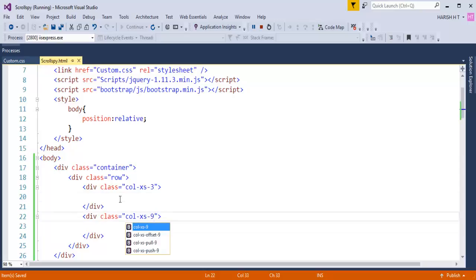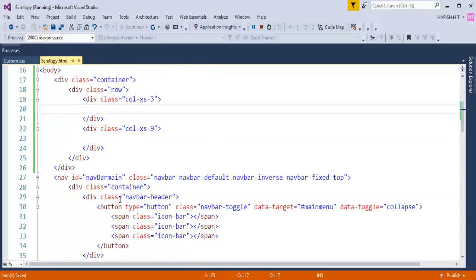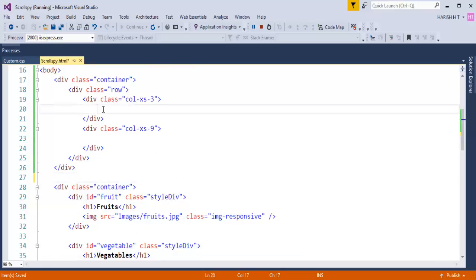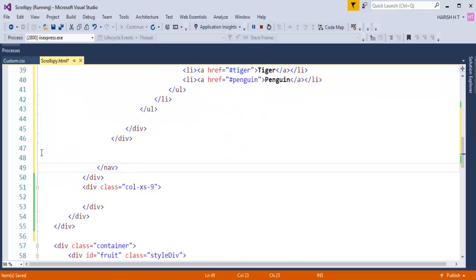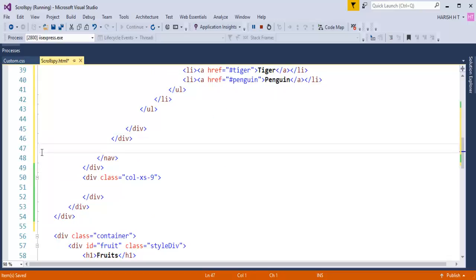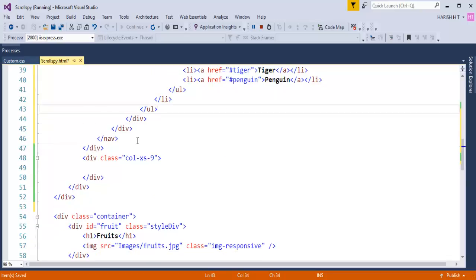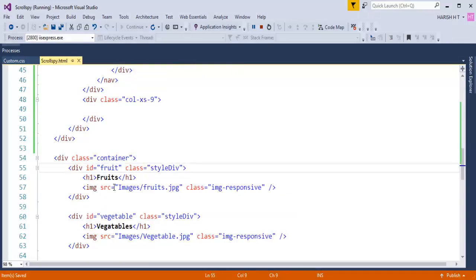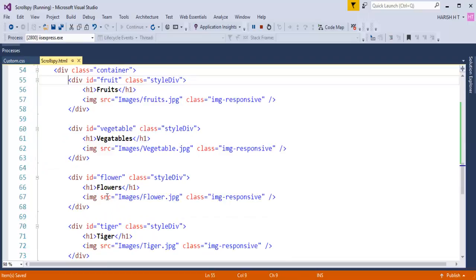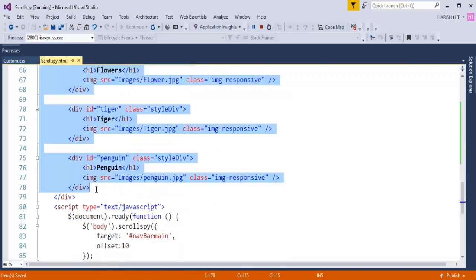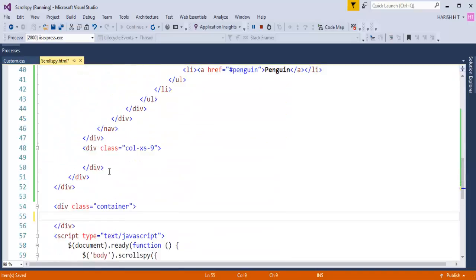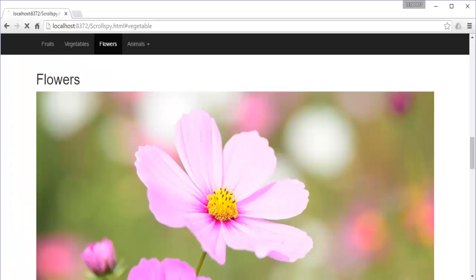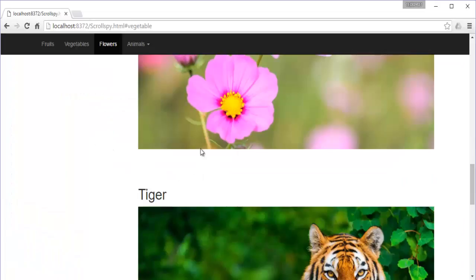In the first 3 columns I'm going to place my navbar. So I'll just cut this navbar and paste it inside that col-xs-3, the column 3, and we'll remove this white space first. Now in these 9 columns I have to place these images. So I'll scroll here, cut these images and paste them within these 9 columns. When I press Control S, go back and refresh,